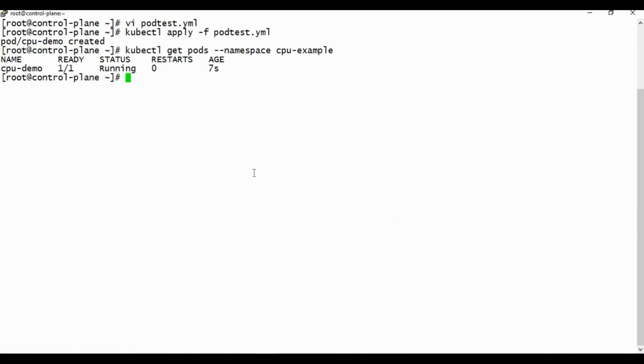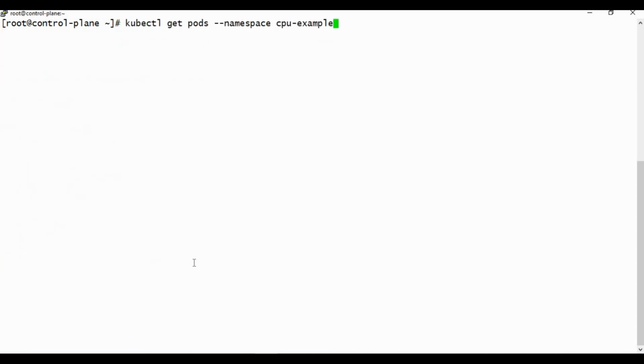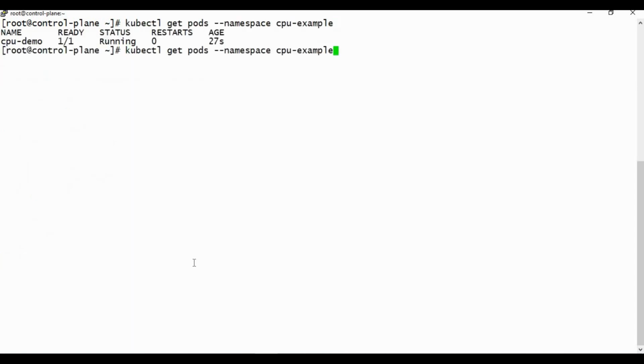Now what I did is I just changed this pod test file a little bit. I changed it to a different image. I used the stress image so that I can use this argument to push the CPU. Okay, so it has created the pod as well. If you see, the pod is running, and if I go to the top command,